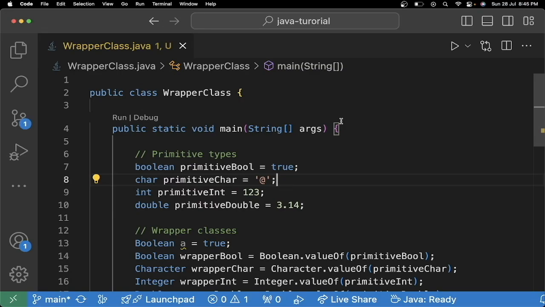Today we are diving into the fundamental concept in Java that every developer should know about, primitive and wrapper classes. Let's get started. First up, let's talk about primitive types. In Java, we have these simple data types that are not objects. They are called